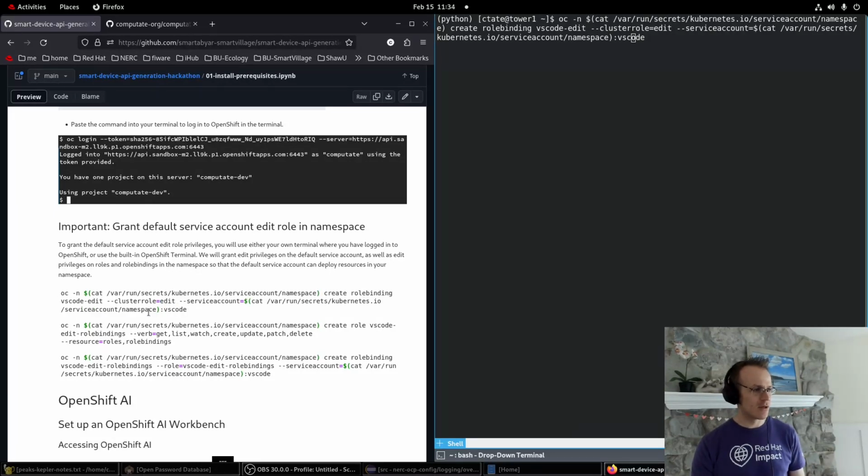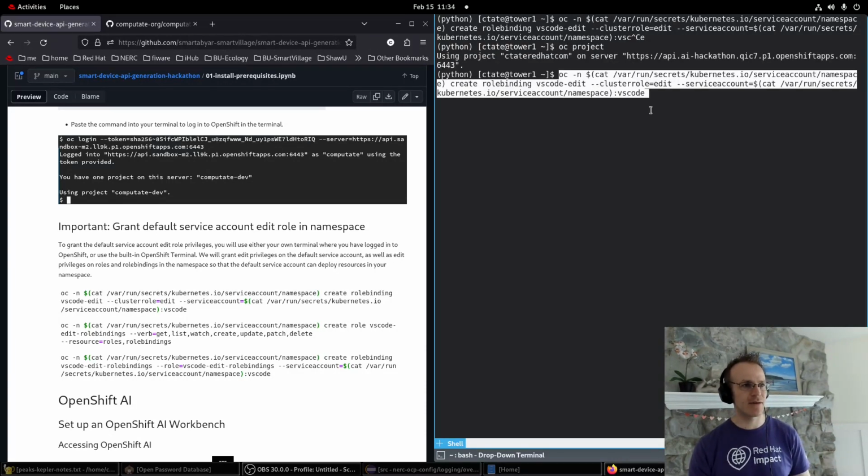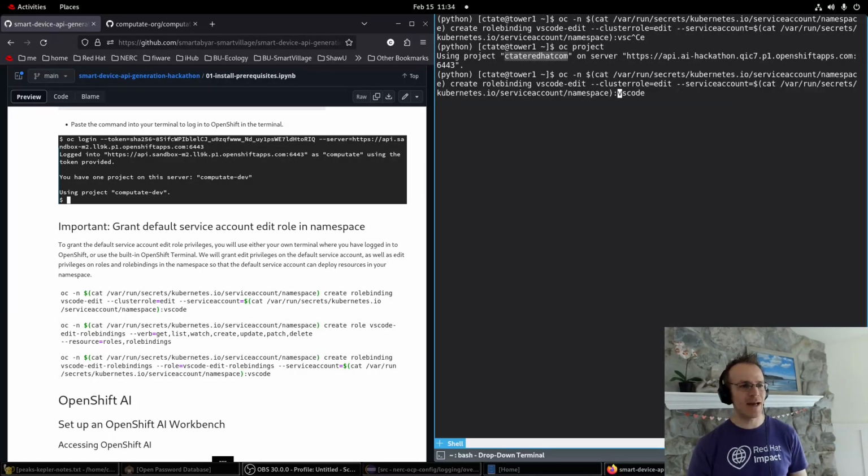That's what we're going to do here, is grant my OC project, which is ctateredhat.com, edit access on the ctateredhat.com namespace. So I just need to replace a few commands with this, and then we create this role binding,